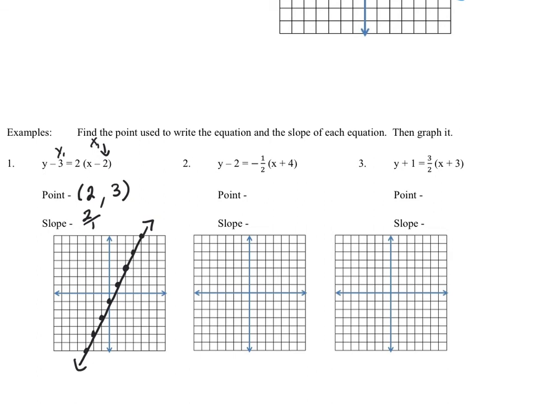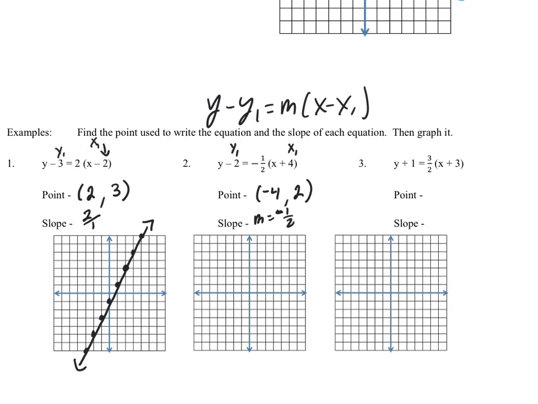So again, pulling out a point, x1 value is next to the x, y1 value is next to the y, and we want to take the opposite. So the opposite of a positive 4 is a negative 4. So when I would go back to substitute in y minus y1 equals m times x minus x1, if I substituted in that negative 4, I'd be subtracting that negative and I would get that plus 4 that I see down here in problem number 2. Opposite of a negative 2 is a positive 2. So there's my point. Slope is negative